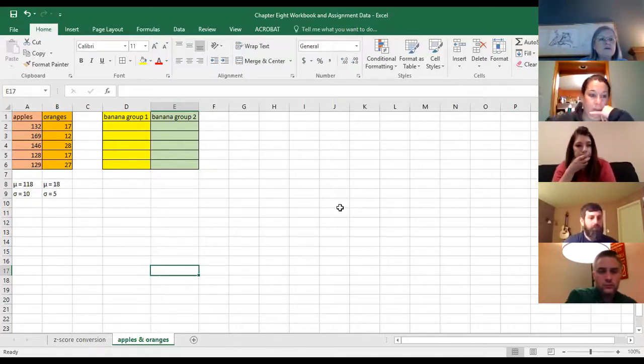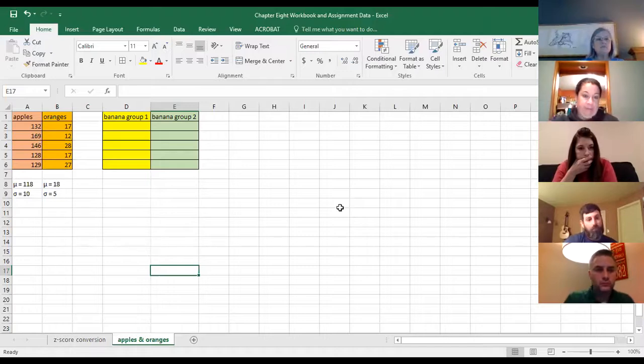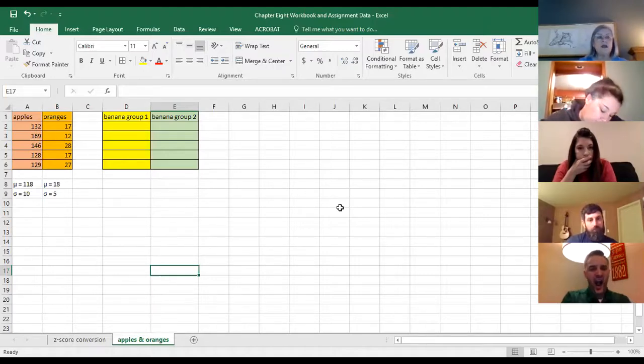They range from, it looks like, 128 to 169. In the oranges, on the other hand, those values range from 12 to 28. So you can see that the ranges are different, so I would be assuming that these have different levels of measurement. And so we're going to assume that apples and oranges have different levels of measurement, and we want to put